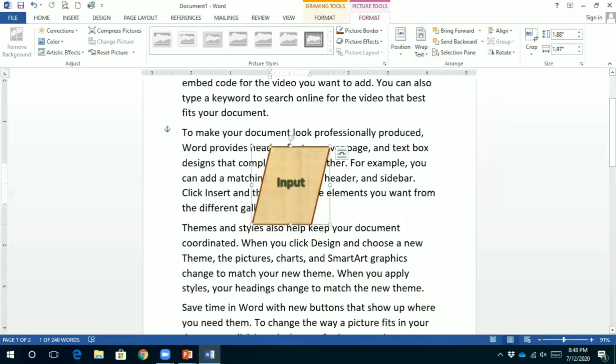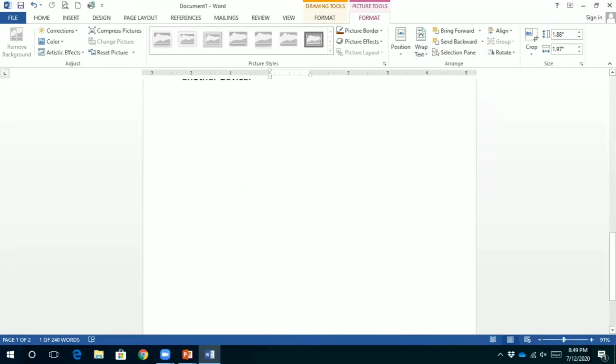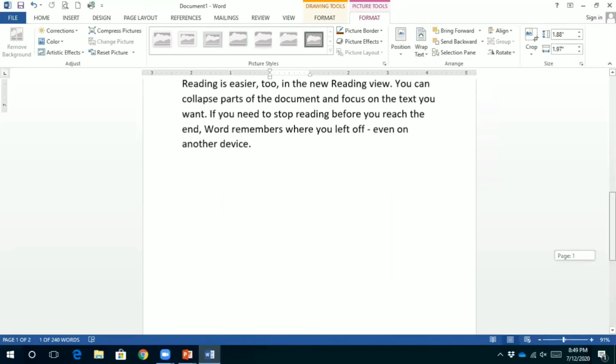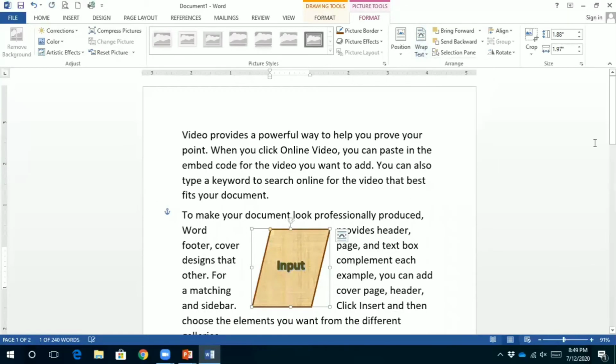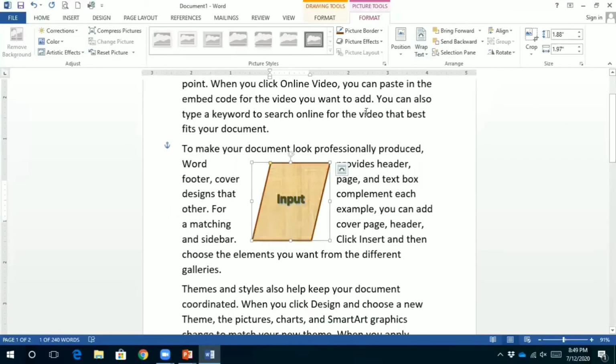Now you can adjust your shape accordingly wherever you want to adjust. For example, I want the square fit for my shape. So I have clicked on that particular thing. Now we have options like bring forward and send backward.